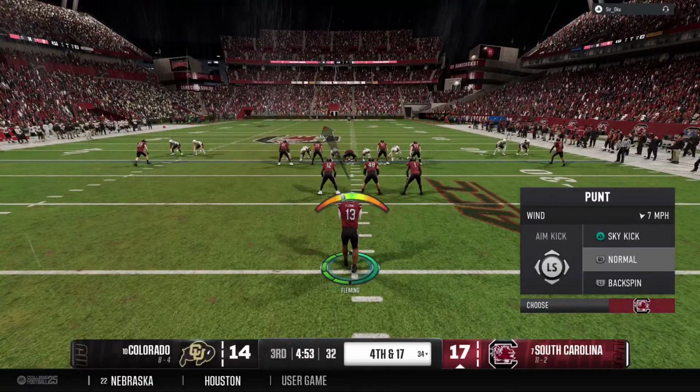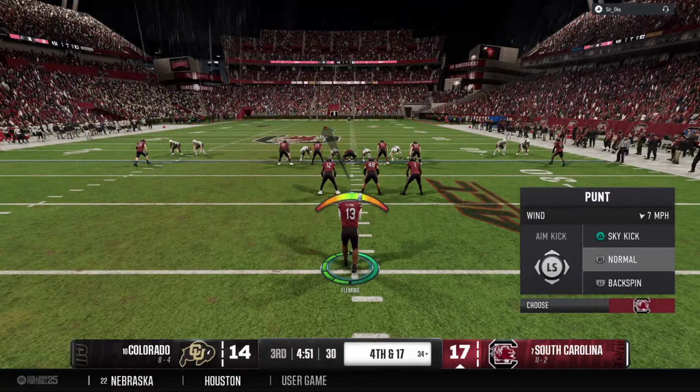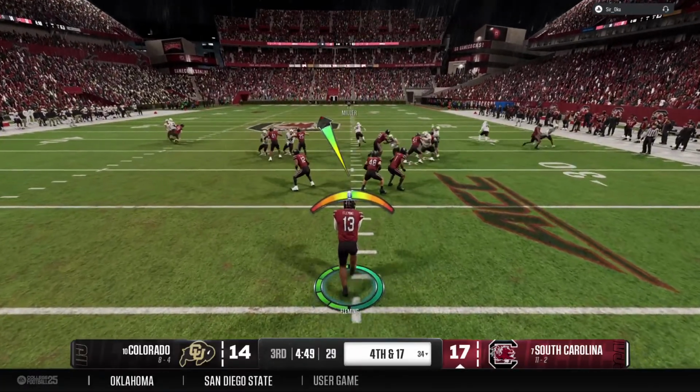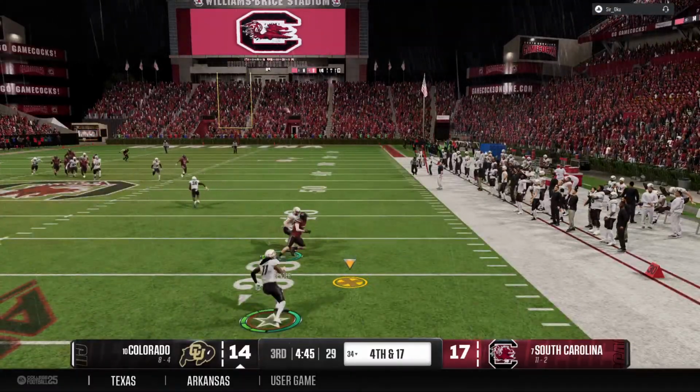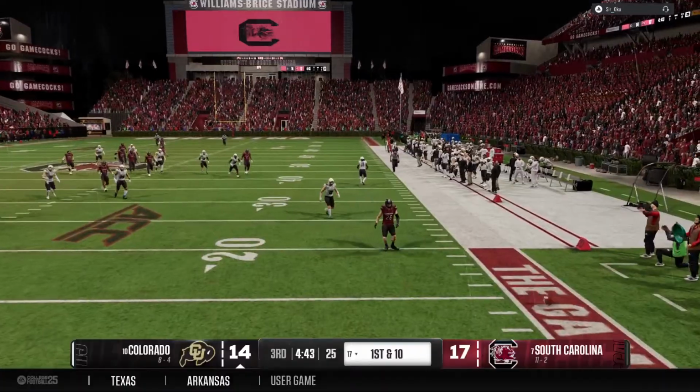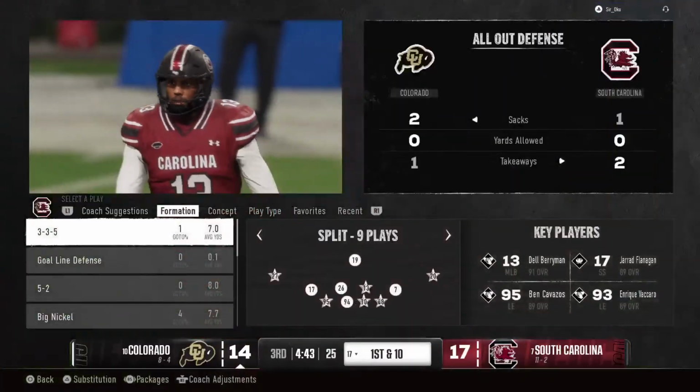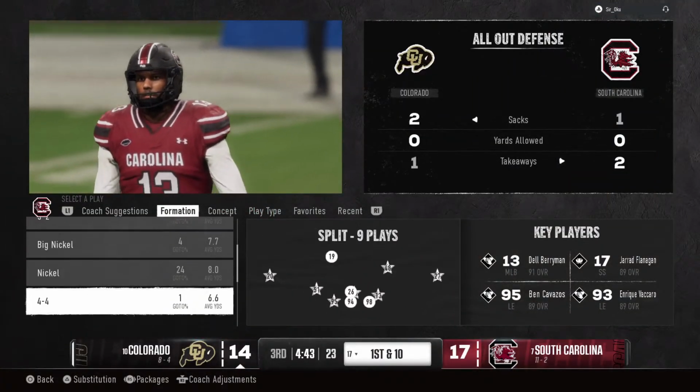We're down in this football game. We got to get pressure on this offense, come up with some plays, and get the ball back to our offense. And that's exactly what they have a chance to do now. And that punt will just bounce away from the returner and out of bounds, so no return.